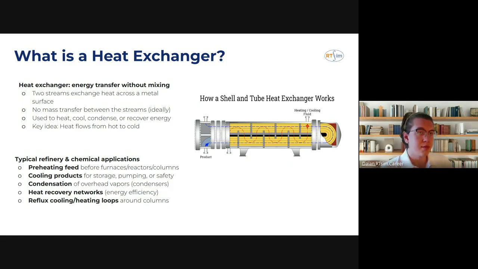So heating increases our economic efficiency. But cooling our working stream